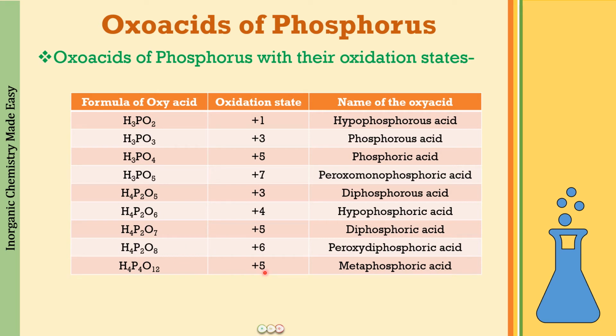also seen in metaphosphoric acid. Okay, so just remember that the ic acid, the diic acid and the metaic acid, all of them have 5 oxidation state. In the phosphoric acid, it will be 1 phosphorus. In diic acid, it will be 2 phosphorus. And in metaphosphoric acid, you will be seeing some common factor in the number of hydrogen, phosphorus and oxygen atoms. As you can see here, it is going to be 4.